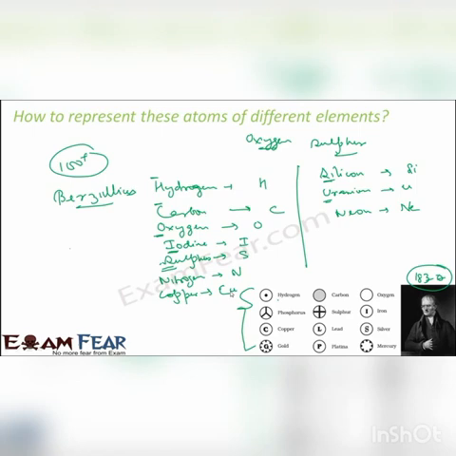Why Cu? Cuprous or cuprum is the Latin name for copper. So from this word cuprous or cuprum, this symbol Cu was derived. Similarly, gold also, if you see, gold was given Au, based on the Latin name aurum. Okay, aurum means yellow, yellow metal.